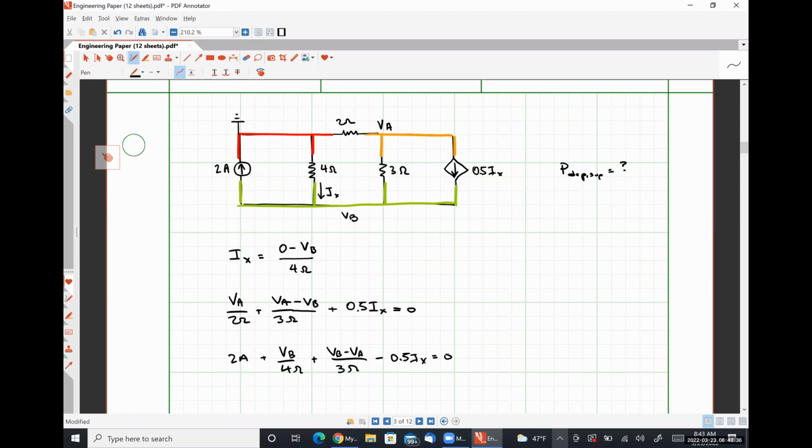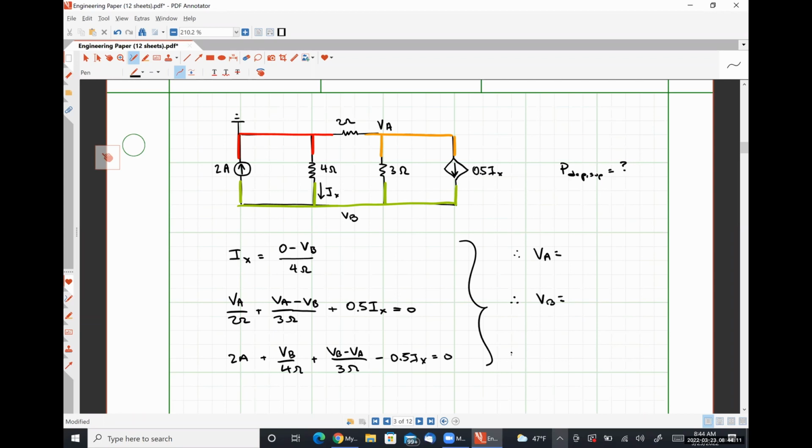And we have 3 equations, 3 unknowns, so we actually don't even need to do the substitution here to get this to a point that our calculator can solve for. We can solve for VA, VB, and the quantity IX just using our system of equations. Or we could substitute things in and then solve for VA and VB and then use those values to calculate IX. Whatever way floats your boat. So if we solve this system, what we'll find is,